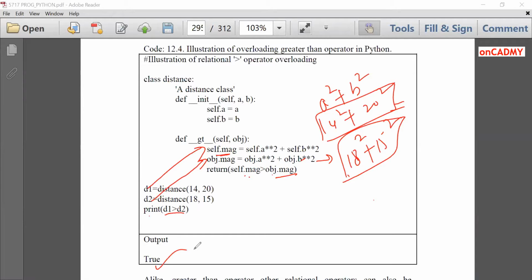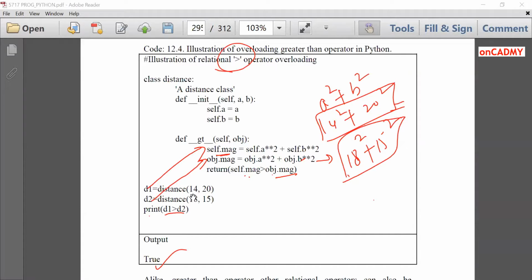Okay, so in this way, we can compare the values of two objects and then display the appropriate result. This is how we can overload the relational greater than operator.